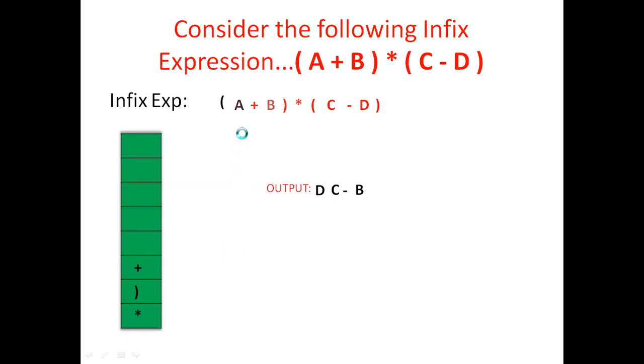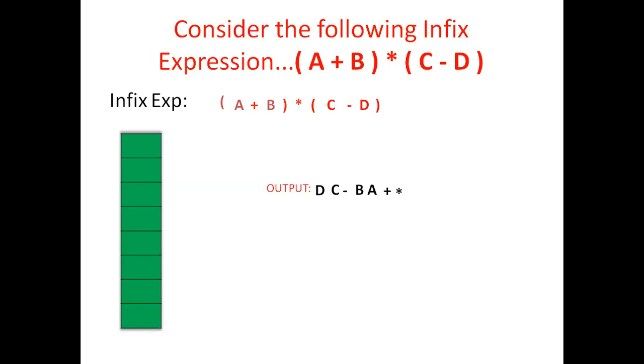Then the alphabet A, print it to the output. Then the left parenthesis: when a left parenthesis is reached, pop the stack between the right and left parenthesis. Only one operator is there, plus. We have to pop the plus from the stack and print it to the output. Then our string is over from right to left. Check whether the stack is empty or not. No, the stack is not empty, meaning one operator is there. Pop that one and print it to the output. This is the way we convert an infix expression into prefix.